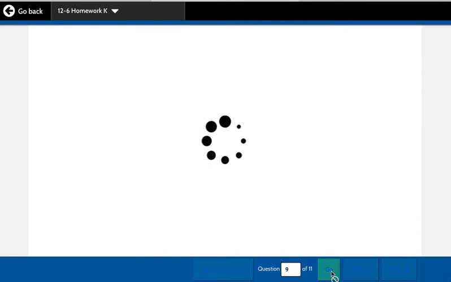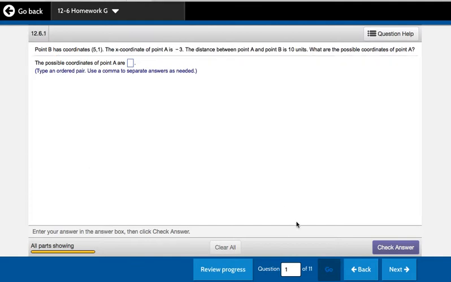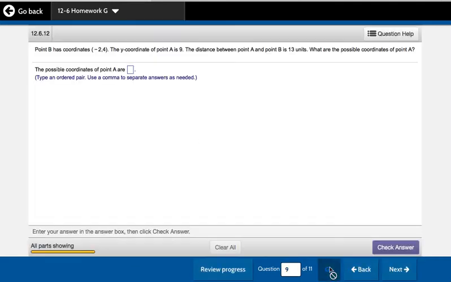This again is K. The point B has coordinates -5, -1. The x coordinate of point A is 0. If I go to question 9 in G, this is the G, it's again the same question, just different numbers. Now when I get to the last couple questions, it's usually 2 or 3 questions at the end, where